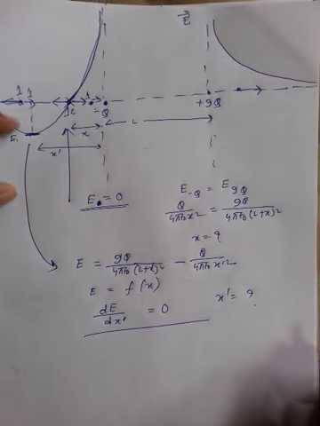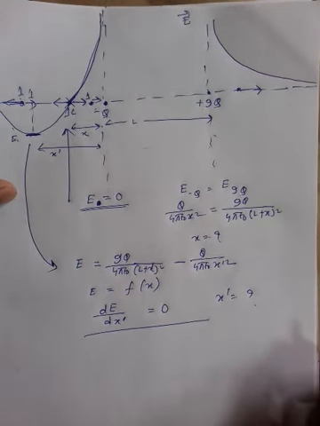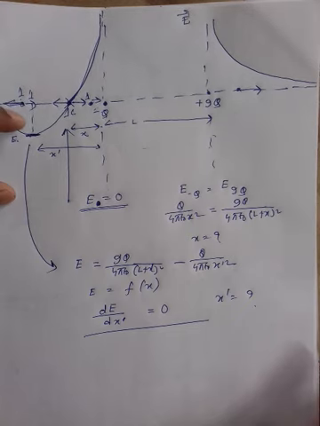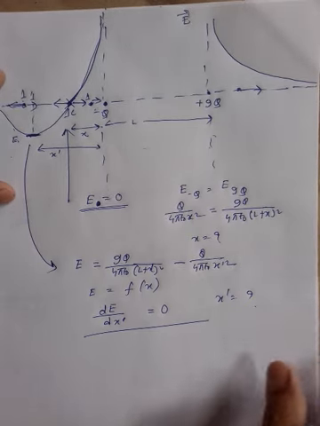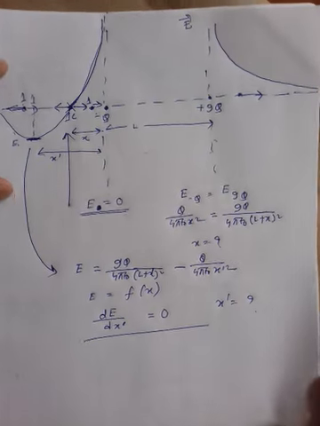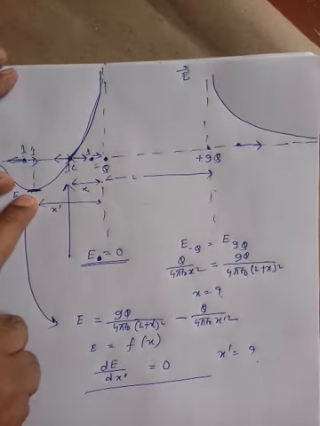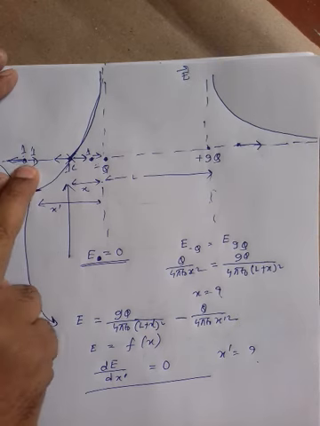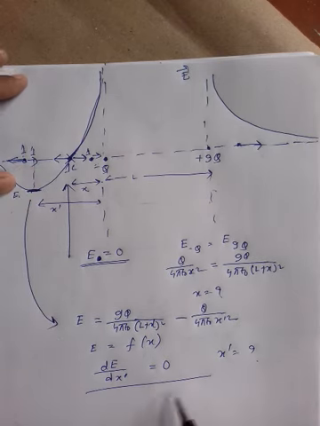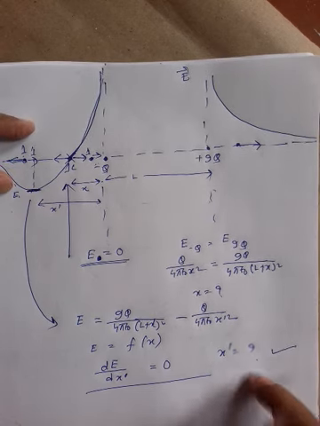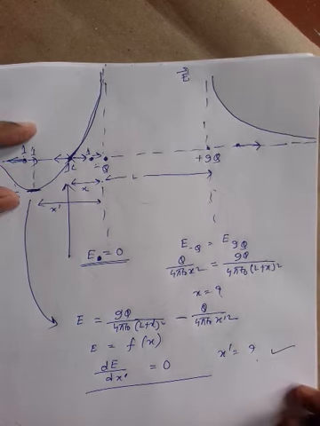Of course, this is one question at the very top level, clear. In most questions in general they are not asking what the value of this field is; in most cases the common question is how to find the field. If someone asks what is the maximum value of the field or where that maximum value is, then make this calculation, make this differentiation. This differentiation gives us x dash. Already we discussed how to get maximum or minimum by differentiation.